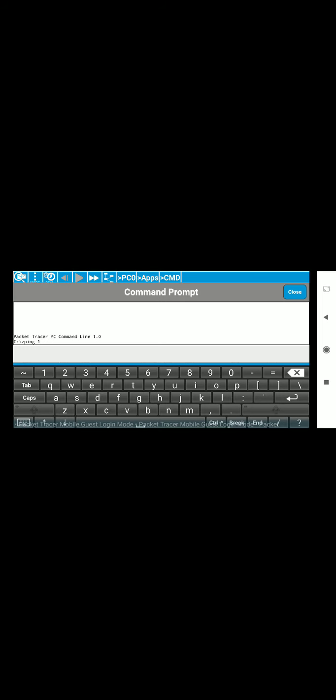So the IP address here is 172.16.0.1. This is the IP address of the first gateway. Just click on enter. So here you will see the result is request timed out.